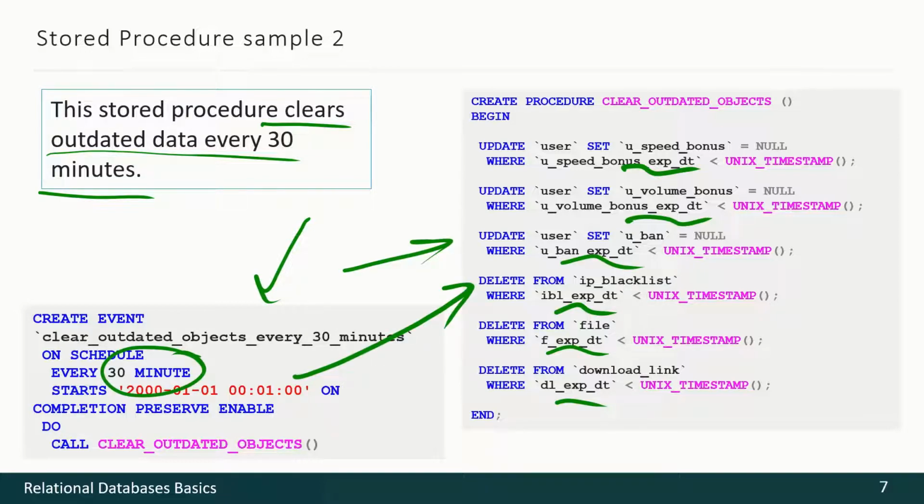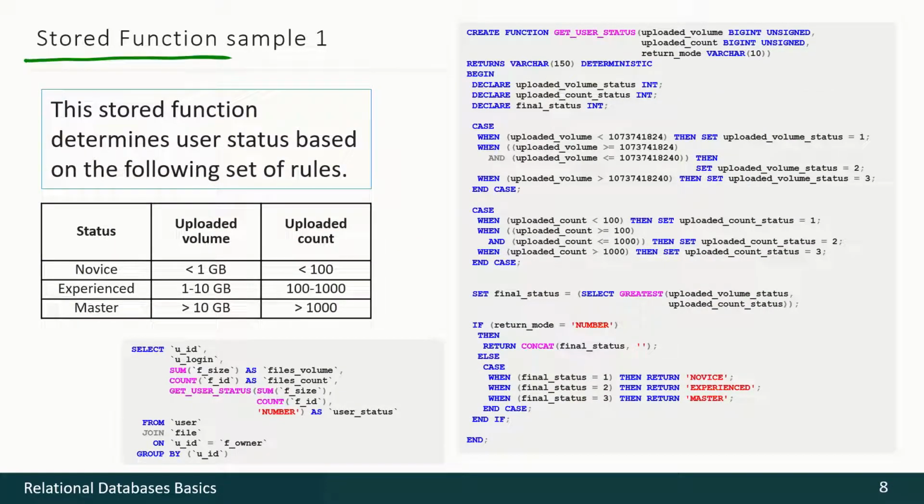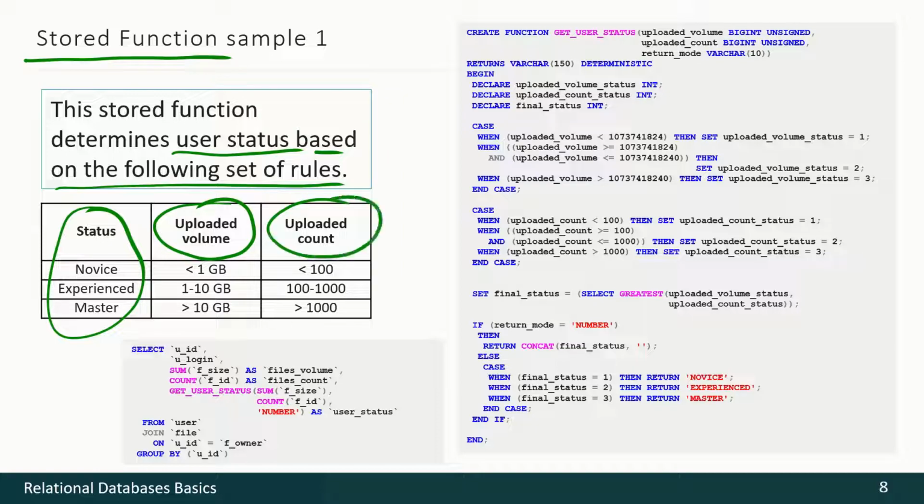With stored functions, we may simplify our SQL queries. Imagine that we have to calculate some user status based on the following set of rules. The user status should be calculated depending on the upload volume and upload count of files the user has uploaded. So this is the code.